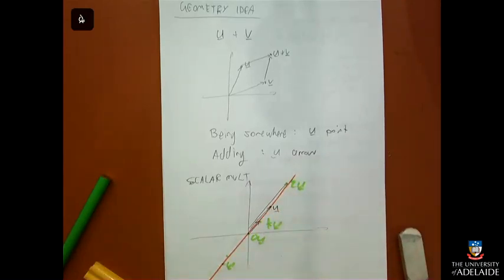So if I take a single point, and I do all the multiples of that point, and I have to think of them as arrows to do multiples, I create a line. That's spanning for one thing, one point. And if I add things together,